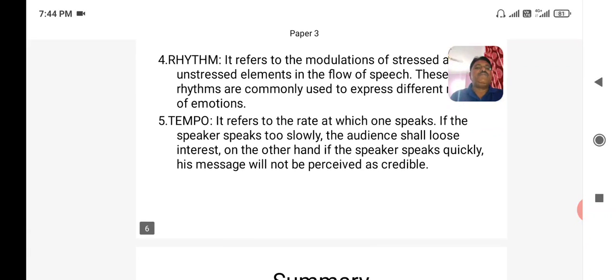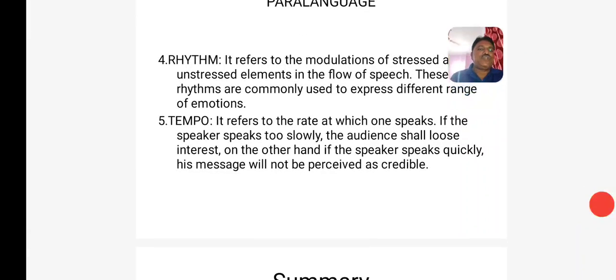The last one is tempo. It refers to the rate at which one speaks. If the speaker speaks too slowly, the audience shall lose interest. On the other hand, if the speaker speaks quickly, his message will not be received as credible. I have already discussed this in the last class, that if the person speaks too slowly, there are chances that most listeners may not concentrate on what he or she is speaking and may not give